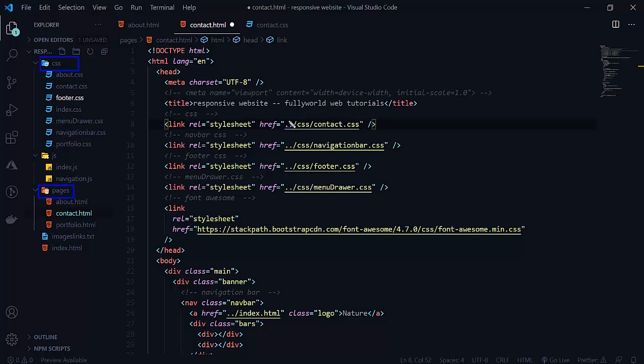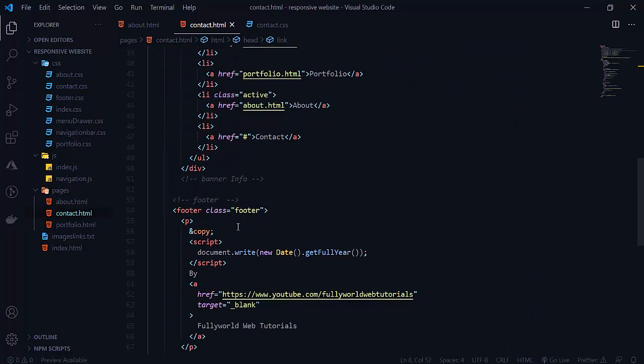So the double dot means we are going outside the pages folder, and after getting outside, slash CSS means we are getting under the CSS folder, and under the CSS folder we are taking our contact.css file. This is just the basics.